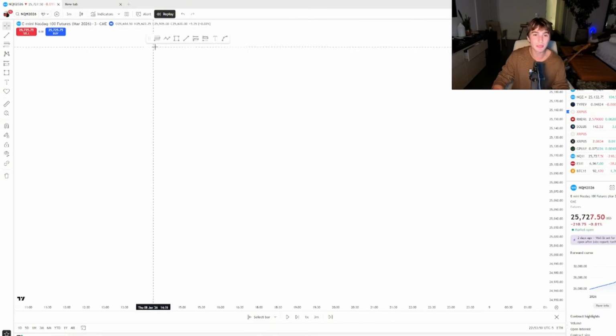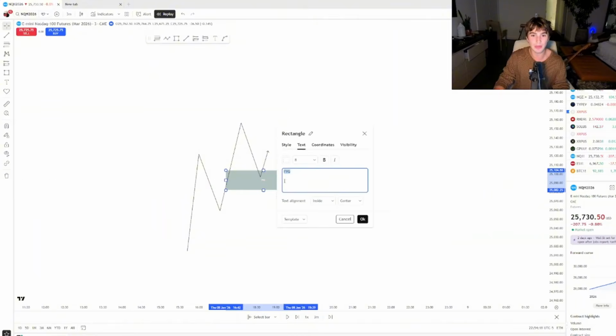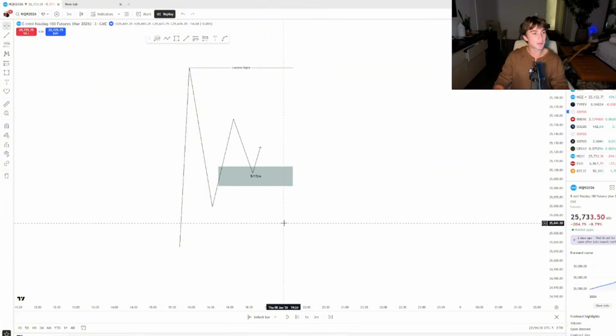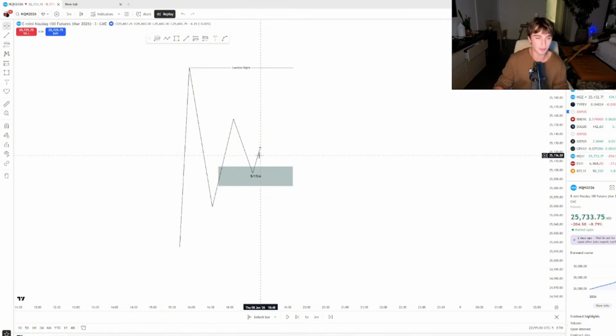So an example would be like, price is bullish, we're trading up, and we trade down into a 5 or 15 minute bullish fair value gap. Let's say you have London highs above and you see price trade into a 5 or 15 minute fair value gap, and now you're thinking, I want to take longs. Longs are so good because we're inside this fair value gap. See, that's what a 20 IQ person would think. While as someone who seeks confirmation in life and makes calculated risk, doesn't judge the move by its appearance but by the soul. And so now we try to develop a soul for this.